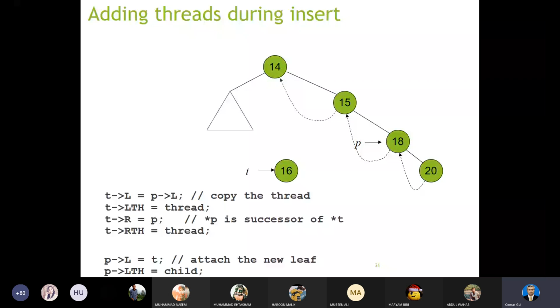So as you can see in this example, you have some nodes 14, 15, 18, 20. And you have this right subtree. 14 is the root node. And in the right subtree, you have nodes 15, 18, and 20. And in the left subtree, you also have some nodes. However, these nodes are represented by the